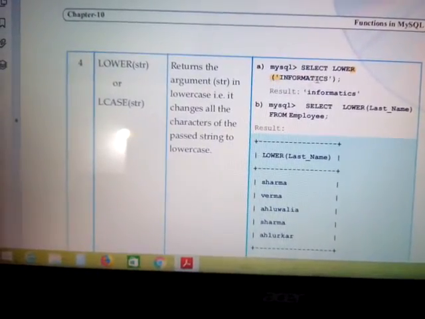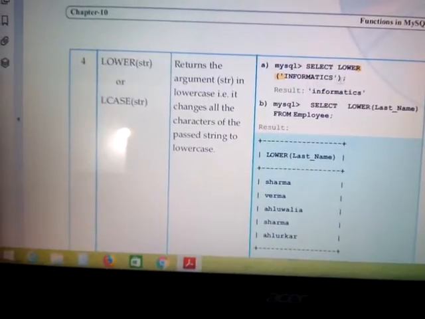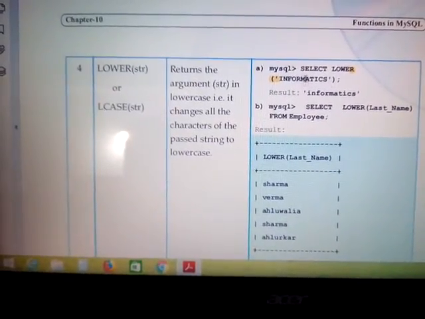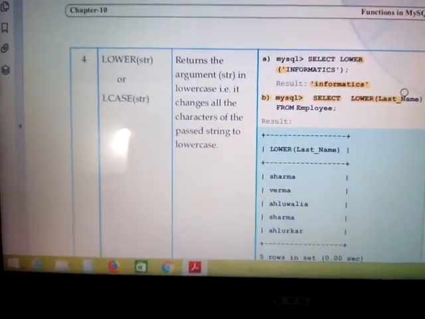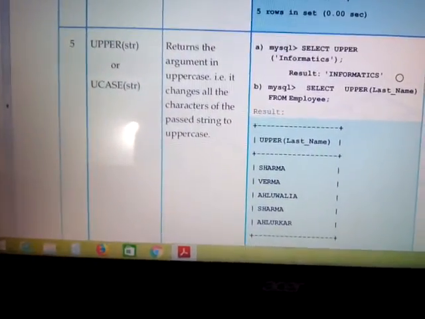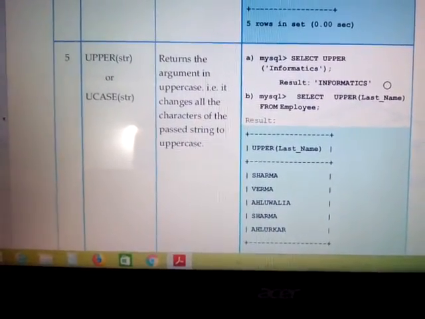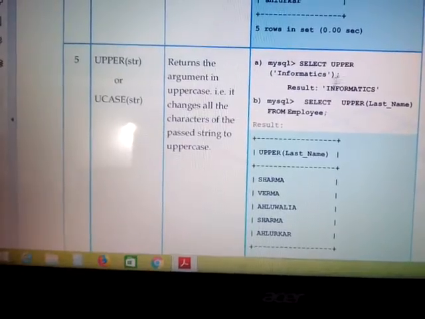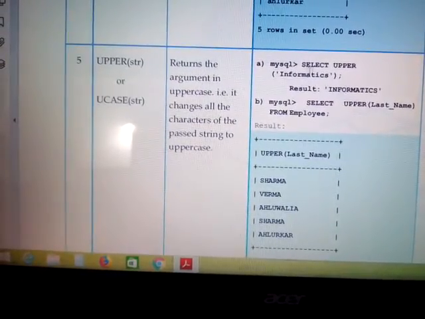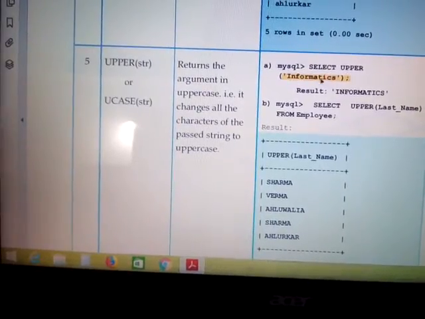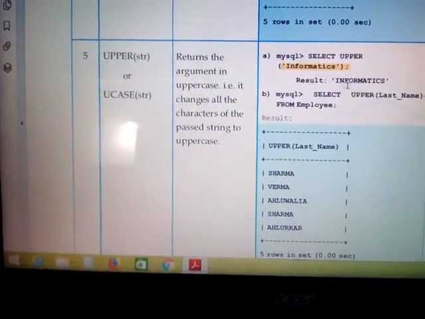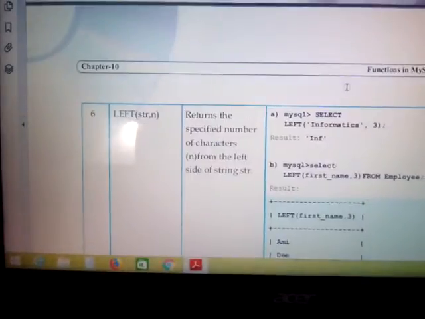This informatics is given in capital letters, so lower will convert it into small letters, or lowercase. Likewise, we have the upper or ucase function. This ucase will simply convert a particular string into uppercase or capital letters. See the example, informatics is turned into capital letters. This is all about the upper or ucase function.